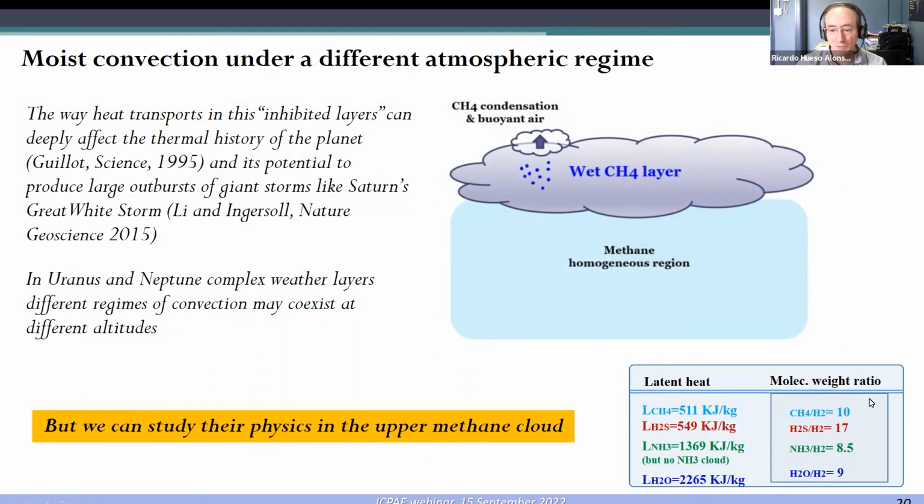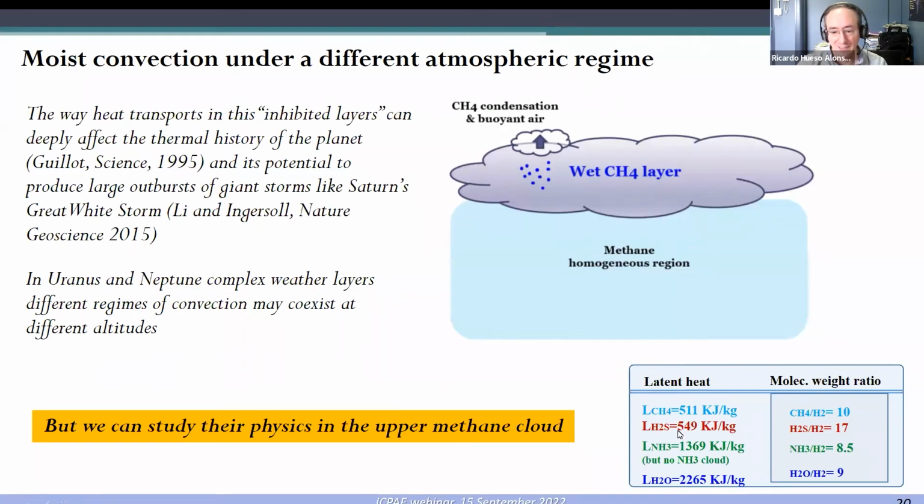To study this problem, you need to take into account the latent heat of the different condensables that you have. For instance, methane, which is in the upper clouds, with 500 kilojoules per kilogram, which is 4 to 5 times less than water. And then you also have to take into account the molecular weight ratio between the condensable and the hydrogen helium atmosphere. And so this tells you basically that it's easy to avoid moist convection in methane in these atmospheres, and this is something that is going to happen close to the methane cloud